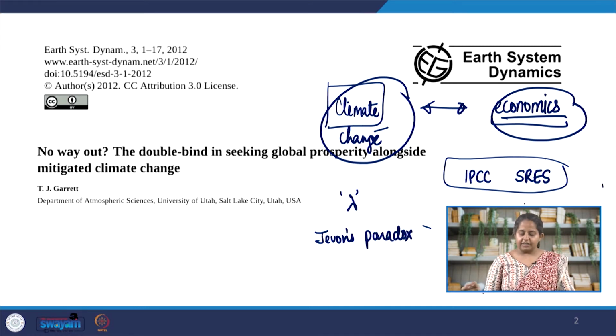Jevons paradox is an economic observation that as our ability to use fuel becomes more efficient, it does not lead to an overall reduction of fuel usage. For example, during the Industrial Revolution, there was a time when the availability of coal and the accessibility to coal mines became much more efficient. So instead of reducing global coal usage, it actually boosted it.